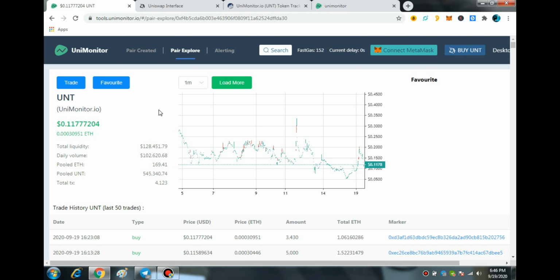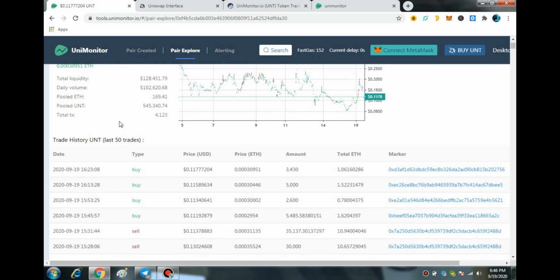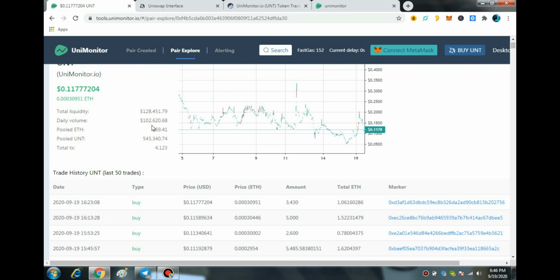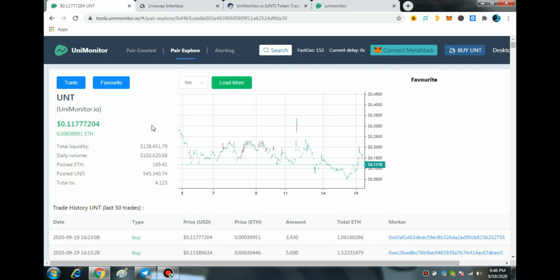Now it's time for the price prediction. Very soon this token will be around a minimum of $3 or $4, in a maximum of the next 1 month. So it's your time to grab the opportunity, and you can purchase this coin right now if you want to make some good profit.